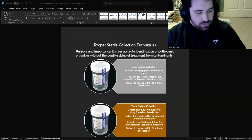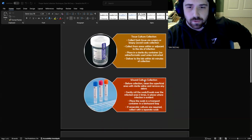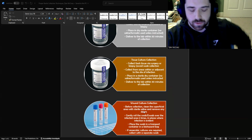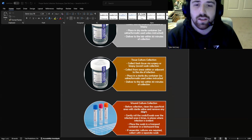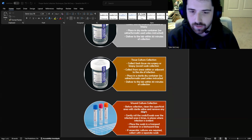I mean, that basically covers the sterile bone culture, tissue, and wound culture collection. And one of the most important things, especially with wound cultures, is to clean the area with sterile saline and roll the swab over the infected area. You want to avoid touching areas that aren't infected. That just opens up contamination for normal skin flora,